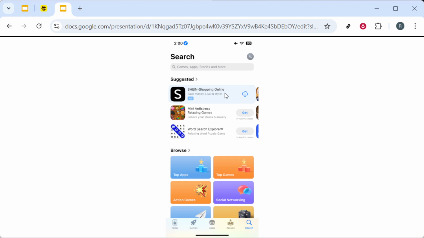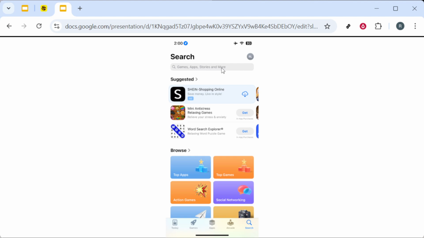First, open the store on your device. On iPhone or iPad, that's the App Store. On Android, it's the Google Play Store. You'll find the icon on your home screen or in your app drawer. Make sure you're connected to the internet. Wi-Fi is usually the fastest and most reliable, and that you have a bit of storage space available so the